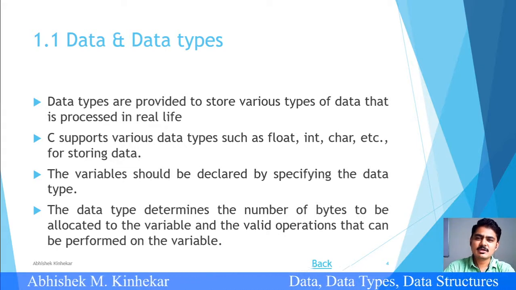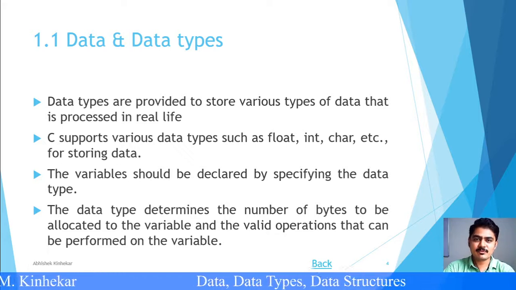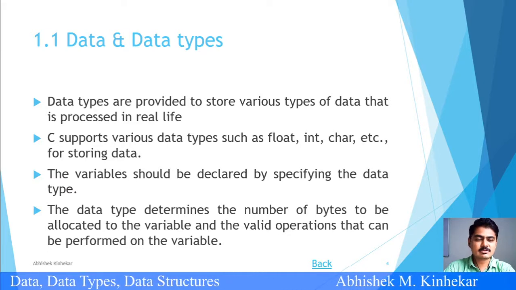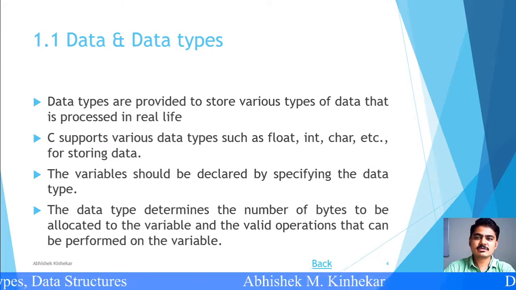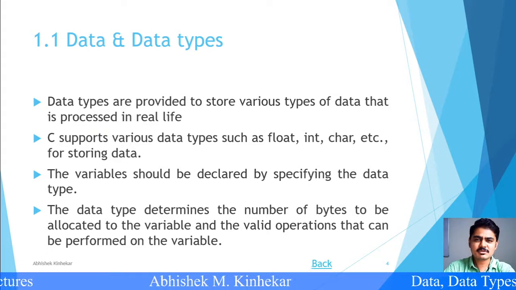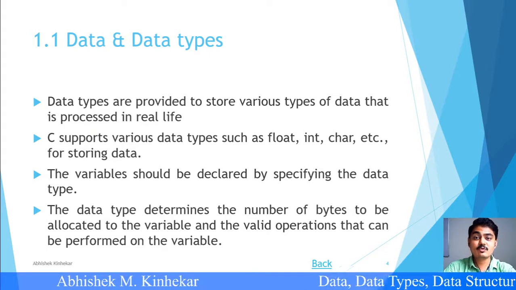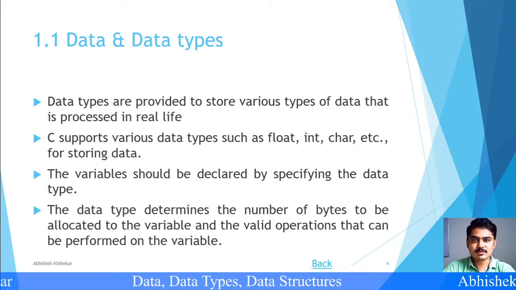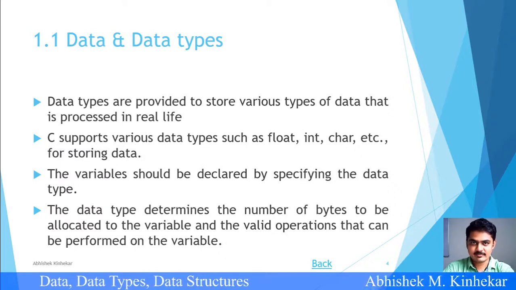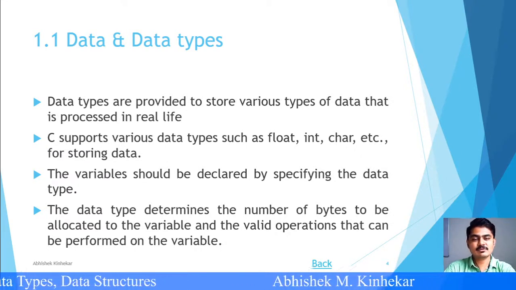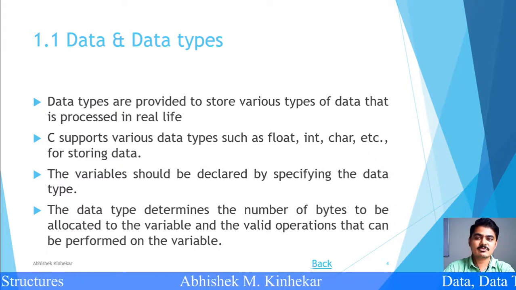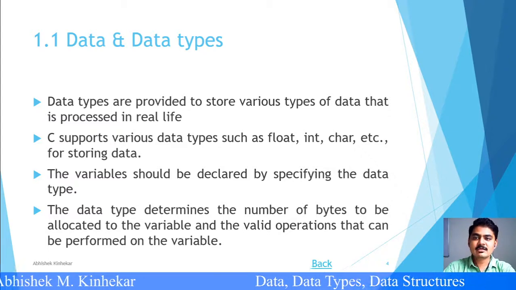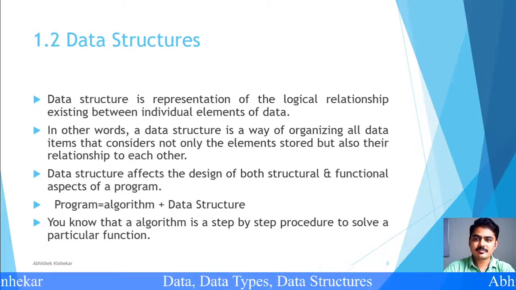Now what happens if I want to process something which is not a default data type? That simply means in C programming, can we process rational numbers? Yes, we can process rational numbers, but do we have rational as a data type present in it? No. So in that case we need to create a user defined data type. That user defined data type creation is also permissible in C. We are going to see user defined data type creation in upcoming topics in ADT. But before that, let us continue our discussion with data structures.